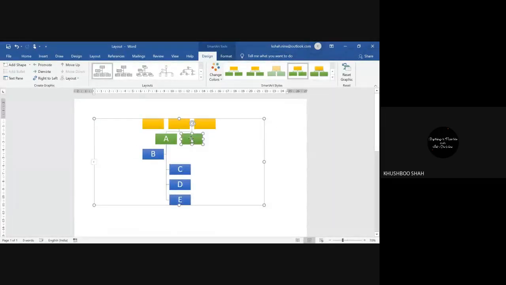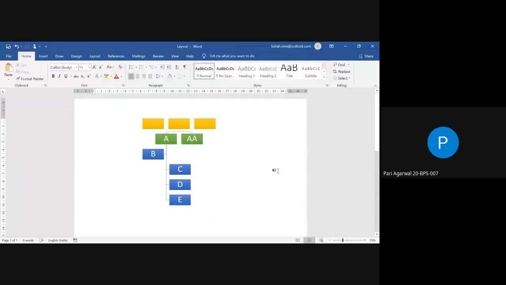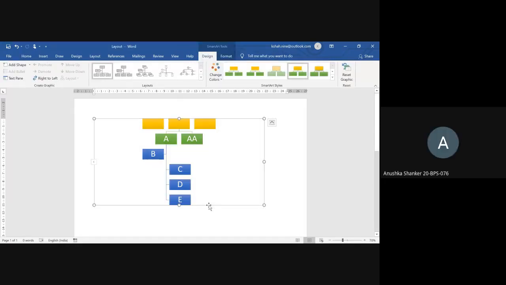And if you want to write something over here, simply right click and edit text, and then you can write anything. Got it, everyone? Yes, ma'am. Easy? Yes, ma'am. Okay. So here you have a chart.